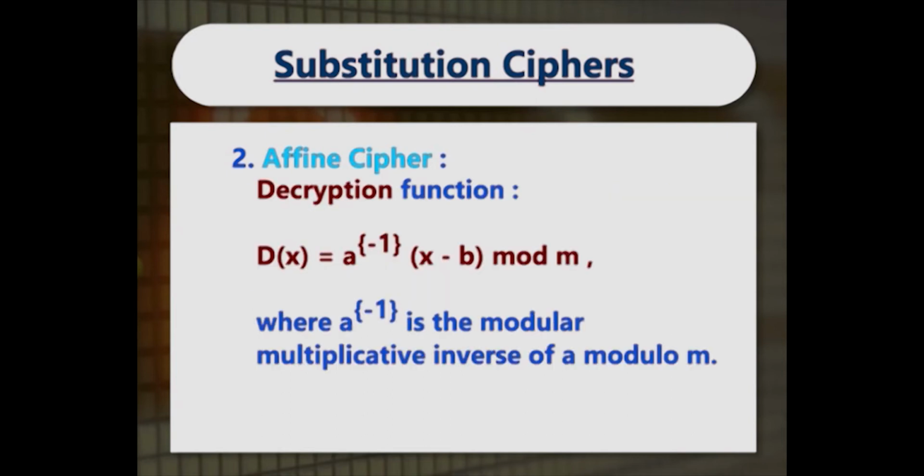Now, let us look at the decryption using affine cipher. The decryption function used in affine cipher is d of x is equal to multiplicative inverse of A into x minus b mod m. Here, first of all, we have to know how to find the multiplicative inverse of the number which we need, and there is a very simple way of doing this. As you can remember, the key value A is 3. So, we have to find the multiplicative inverse of 3.